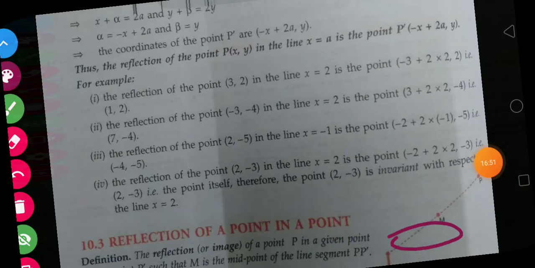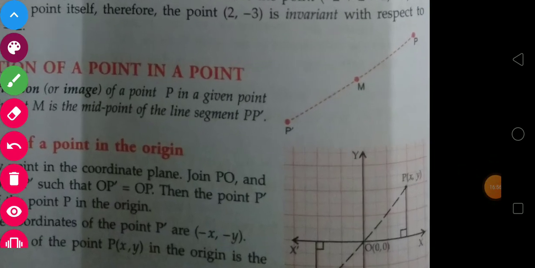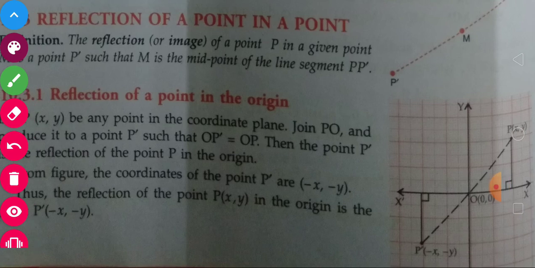So the reflection of this point, that is P dash, is P which has the coordinate x comma y. So the rule is when it is along the origin, for the reflection you have to change the sign of both x and y coordinates. If it was along the x-axis, only the y coordinate changes. If it is along the y-axis, the sign of the x coordinate would change. And if you have a line